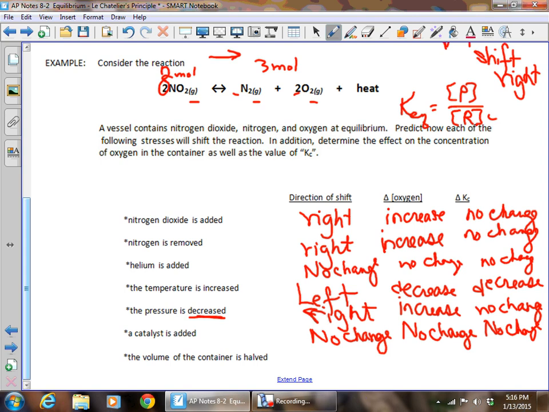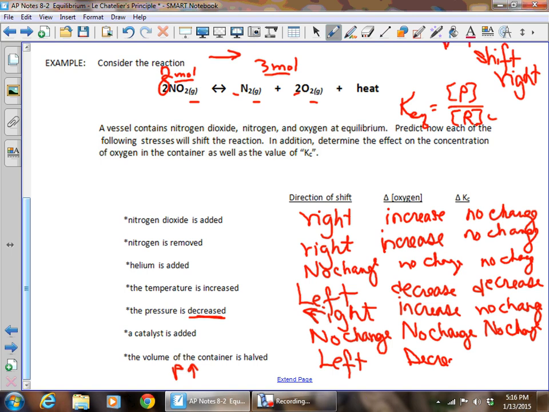If we cut the volume of the container in half, think about what that does to pressure. By decreasing the volume, we've still got the same amount of gas, so by decreasing the volume, we're going to have a higher pressure. So this is the same thing as saying that the pressure increased. So if the pressure increases in the system, we've already determined the number of moles. Remember, it's going to shift it in the opposite direction. So it's going to shift it towards the least number of moles of gas. So it's going to shift left in this situation,